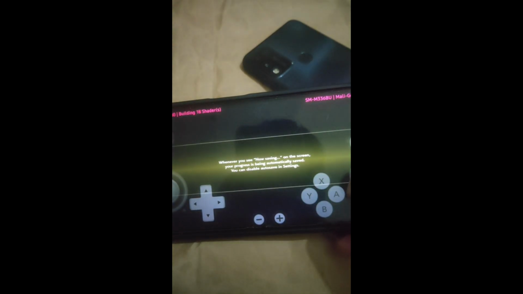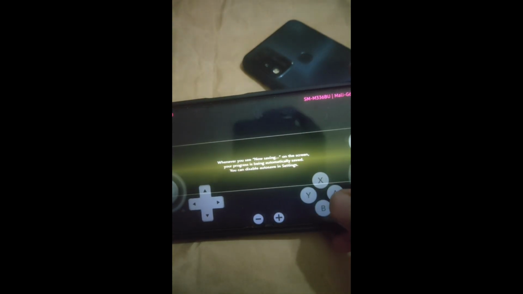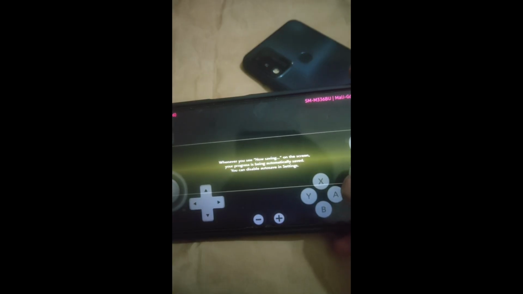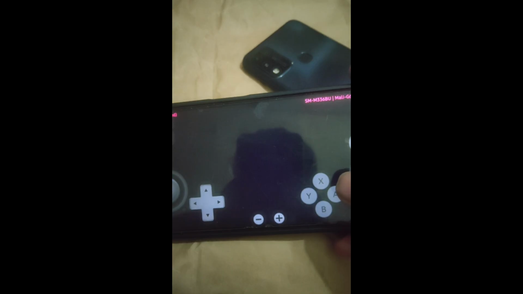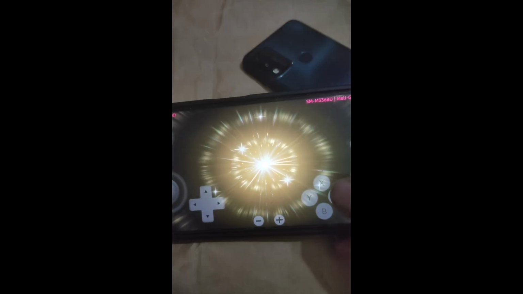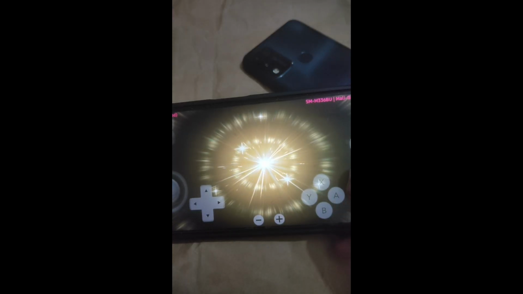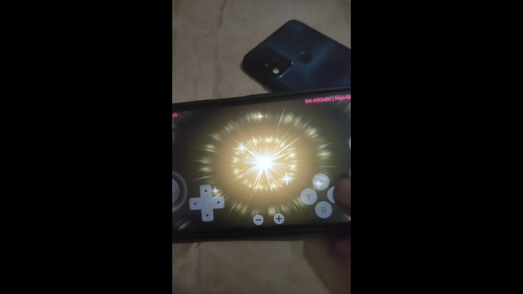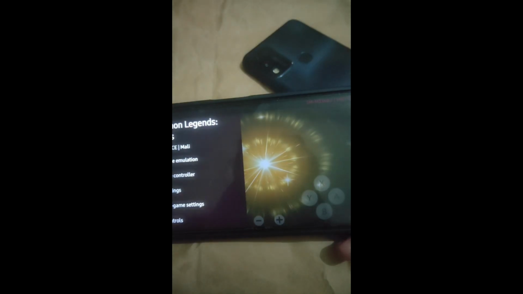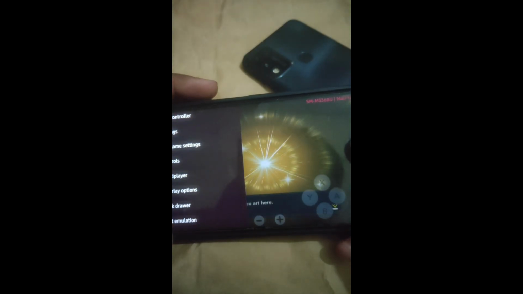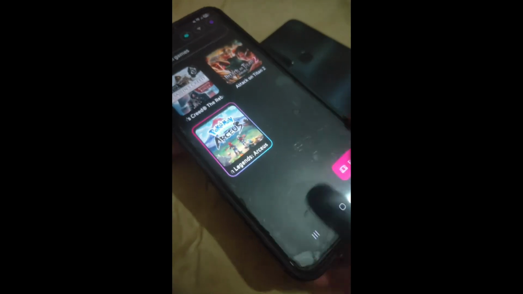As you guys can see, the game is working, and I'll be showing you the best settings to play on the Kenji NX emulator, because this game works properly on Kenji NX. On the Eden Nightly emulator it may give you graphical bugs on some devices, because my device has some graphical bugs. So if your game crashes during the first cutscene in Kenji NX, you have to skip the cutscene in the Eden Nightly emulator, and then put the save file in the Kenji NX emulator. Now let's move to the